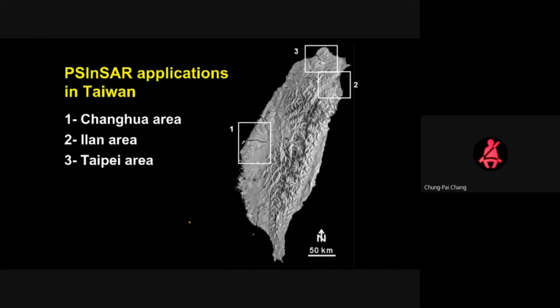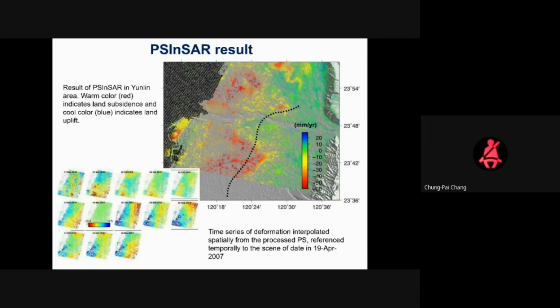Here I prepared some cases, but I think we don't have time to see all these. I will just show you maybe one or two. This one is from the same area, the Choushui River. For this area, you know that the InSAR result is very beautiful. I already showed this result, but with PS-InSAR we can see almost the same pattern. The red color shows the main subsidence center, and this dashed line shows the high-speed rail in Taiwan, which passes exactly through the subsidence center of this area. You can see the subsidence rate is quite fast,